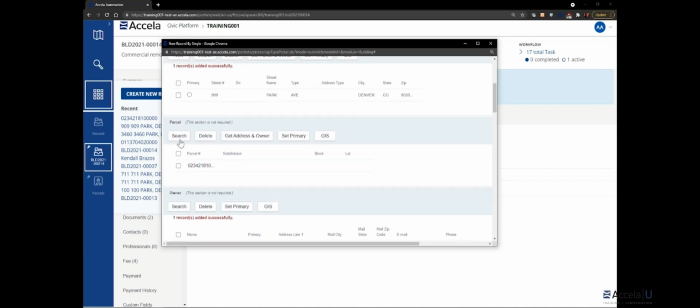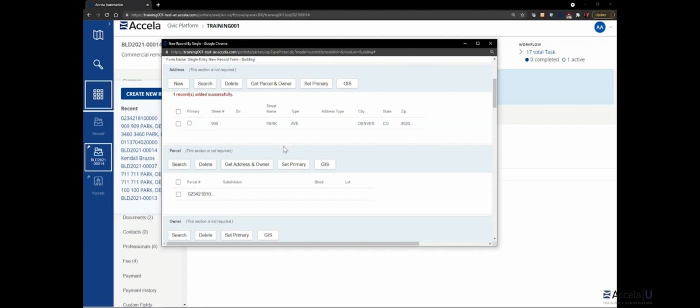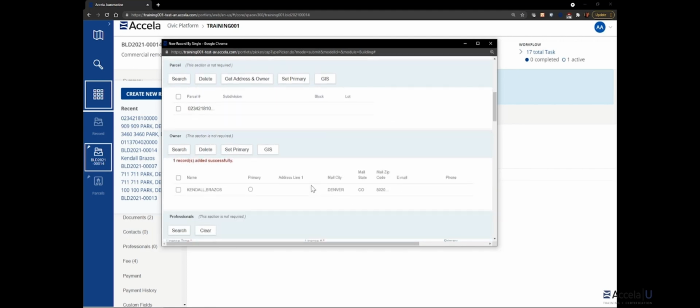So that's how you can use these buttons here, looking up a parcel, getting address and owner in the event that you've pulled in a parcel, let's say using the map, the GIS option, and you can then add those address and owner